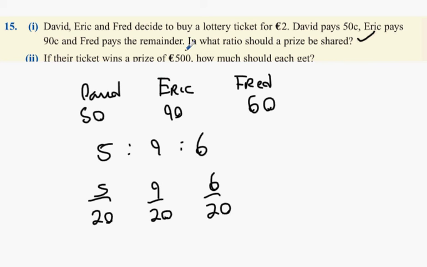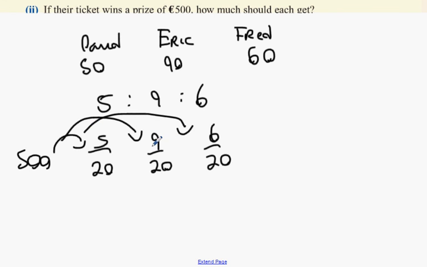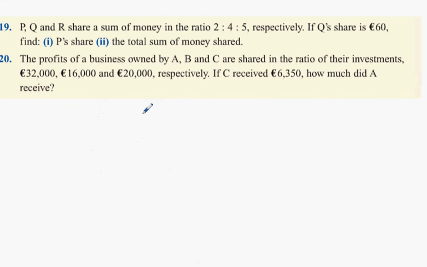And that's the ratio it should be shared. Now, their ticket wins €500. How do you figure out how much each one should get? Multiply €500 by each fraction individually, and then you can figure out how much each one's going to get. I probably don't need to do that. Finally,